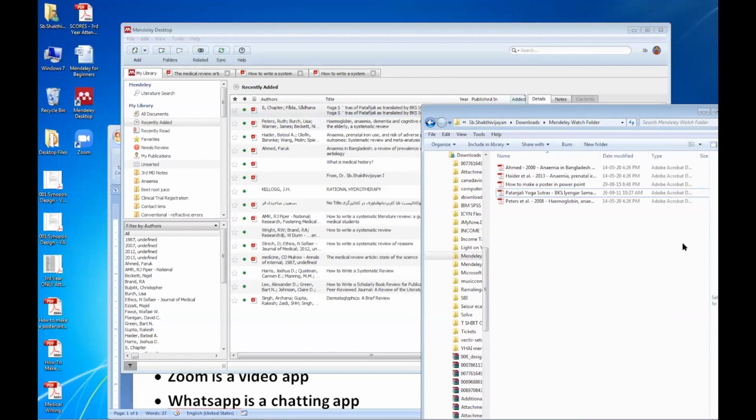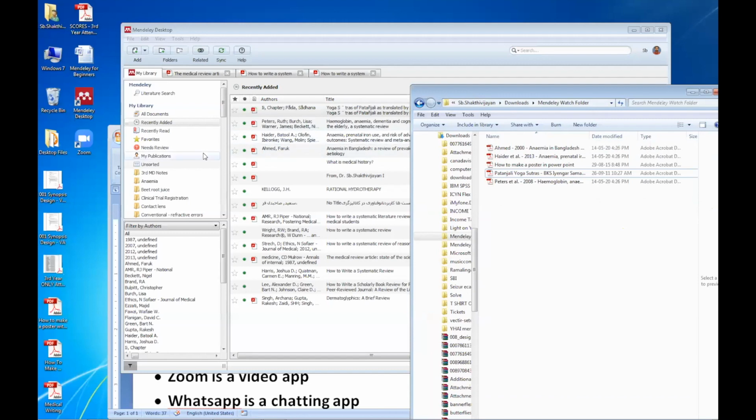You don't have to manually keep adding it. Imagine you have thousands of PDFs. Just put them inside this folder. It will automatically import into Mendeley. But be careful what you put, because even a personal PDF document can be added here. It only increases load on your Mendeley software. So this is how you organize your computer called Mendeley Desktop.